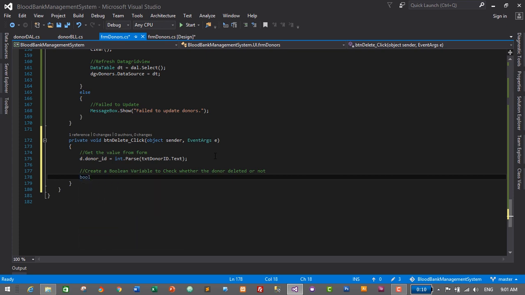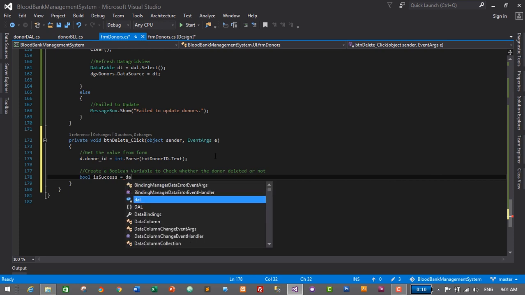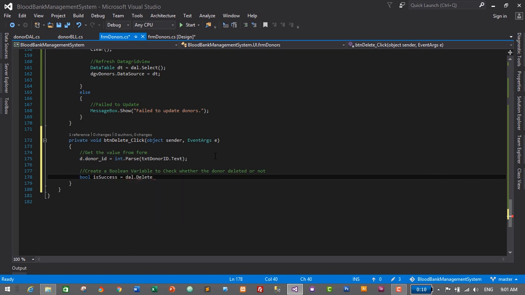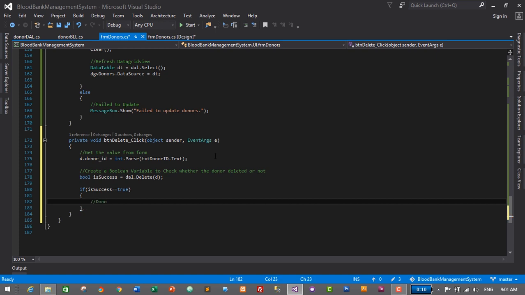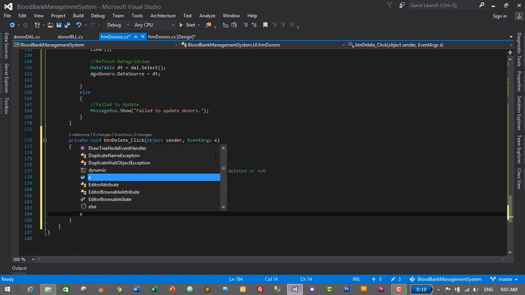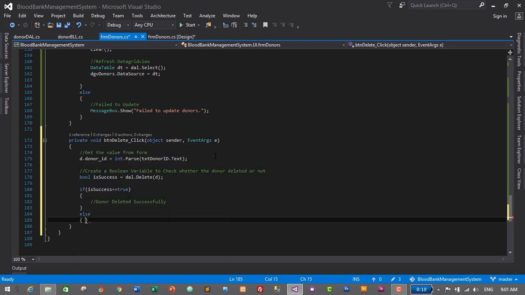So bool is success is equals to dal dot delete, and we'll pass d, which contains donor ID, and then if is success is equals to true, then donor deleted successfully, else fail to delete donor,